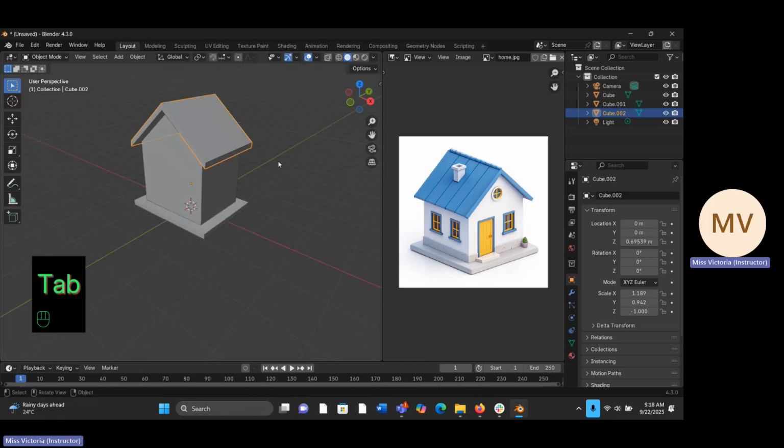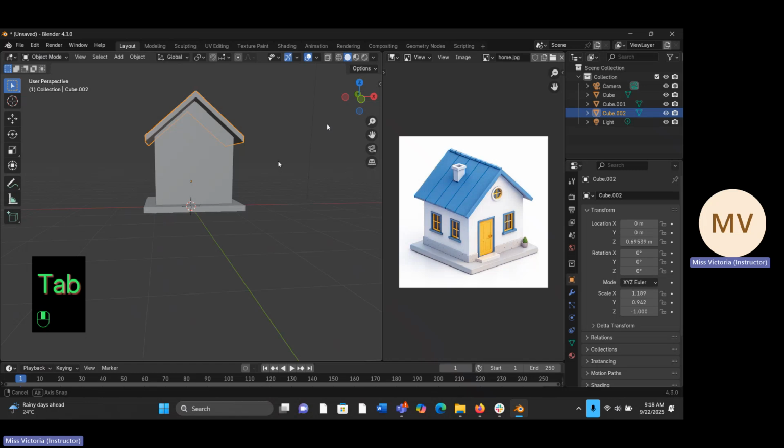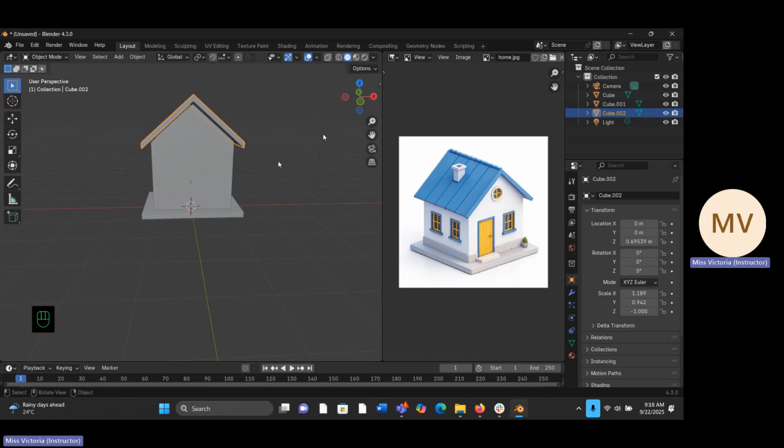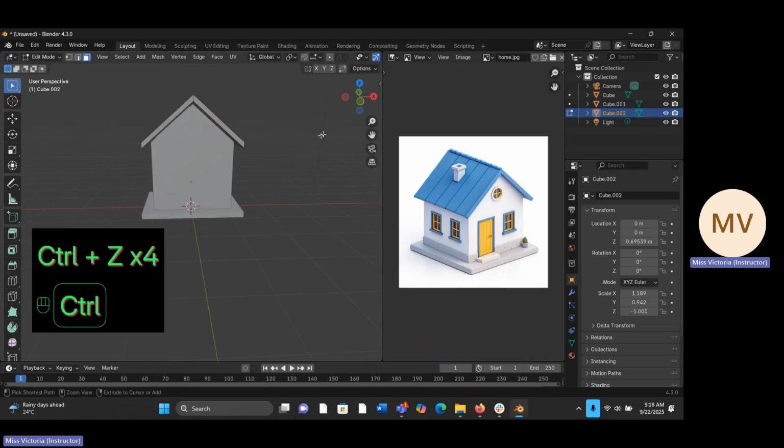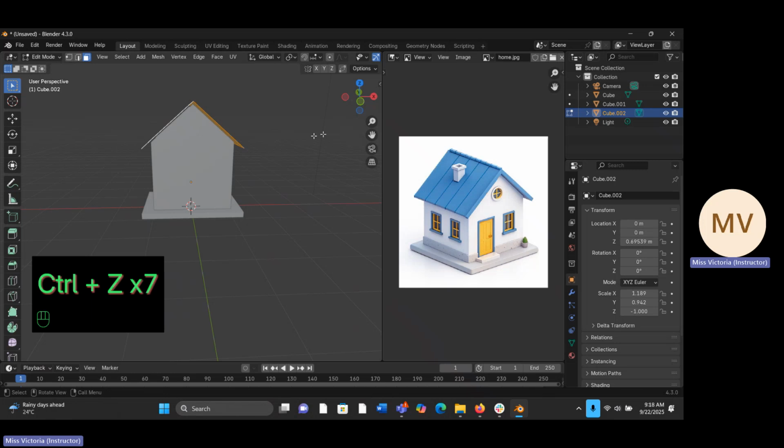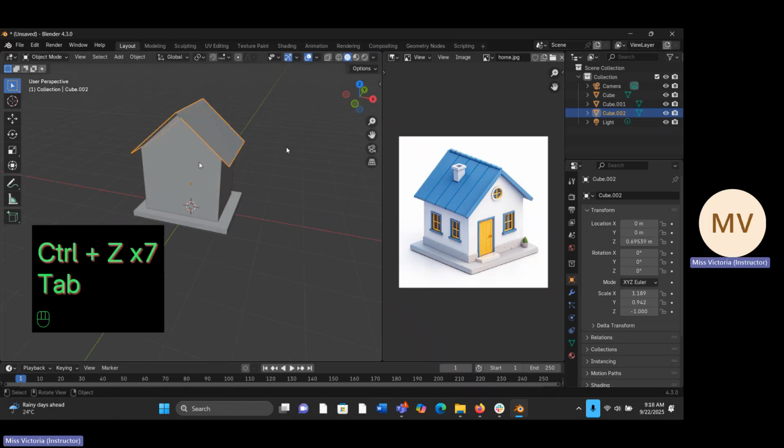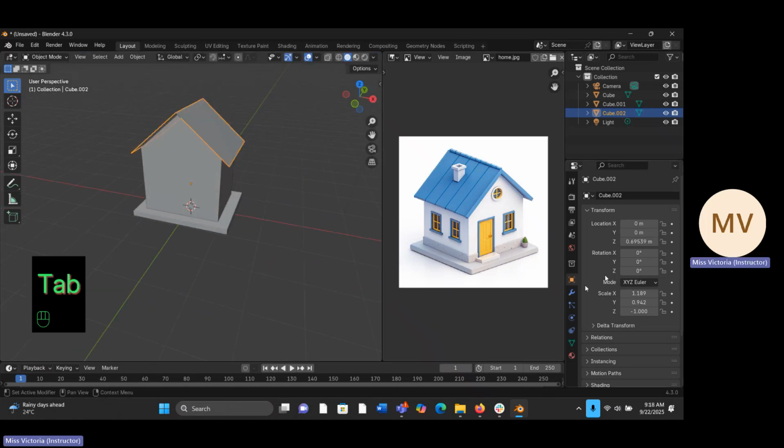Like I mentioned, this is just one way of getting the roof done, right? So I'll Control Z this and we do another part of the roofing. So go back to object mode. To do that, we'll be using what is referred to as the modifier. Just as the name implies, a modifier is something that modifies, that changes or causes a little change in an existing thing, right? Or existing object or existing,